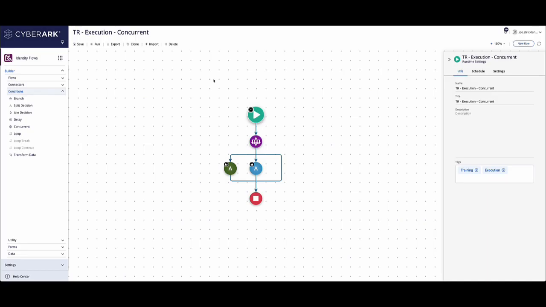All right, let's quickly talk about the second type of execution condition. That is going to be concurrent execution. So just like it sounds, it's going to allow you to run multiple things in a concurrent fashion, right? So at the same time. Now, the things that can be put inside of the concurrent condition are